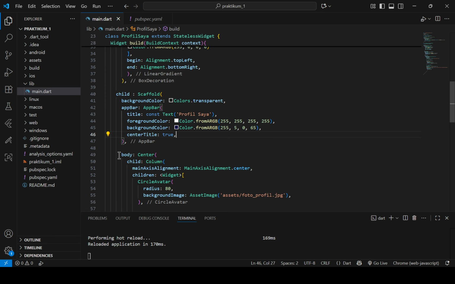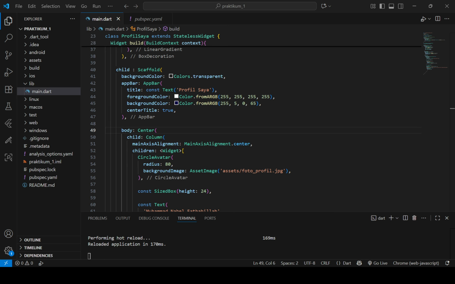Next is the body. The body uses a Center widget which holds a Column. The Center widget fulfills the layout requirement to place all content exactly in the middle of the screen.